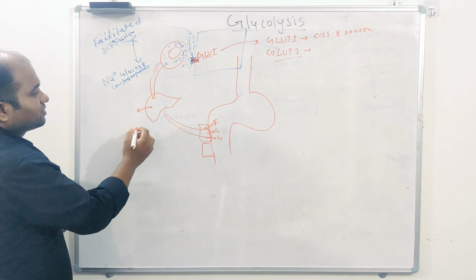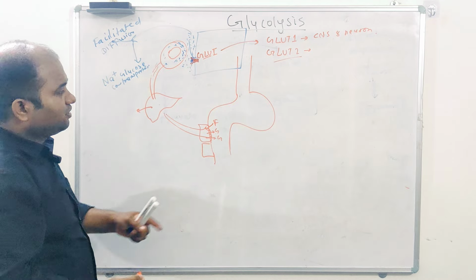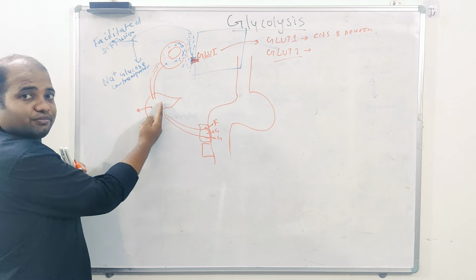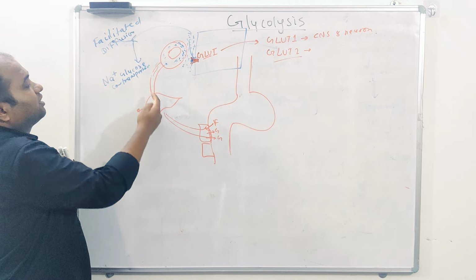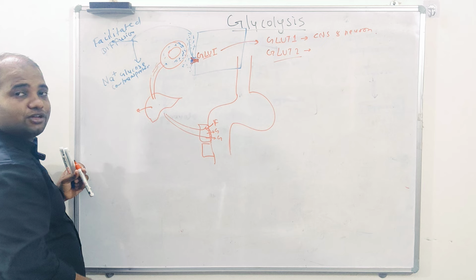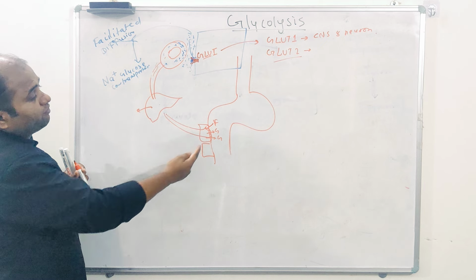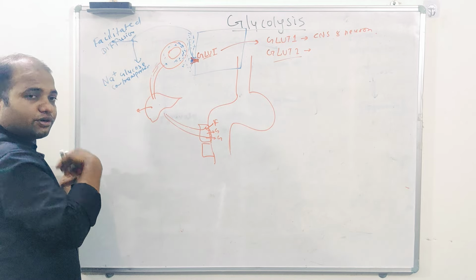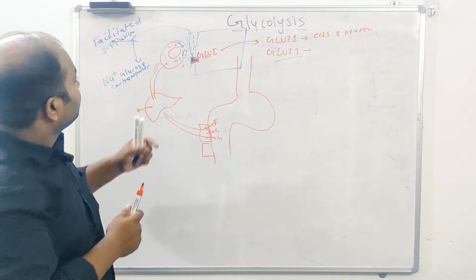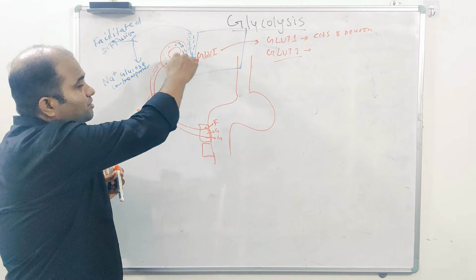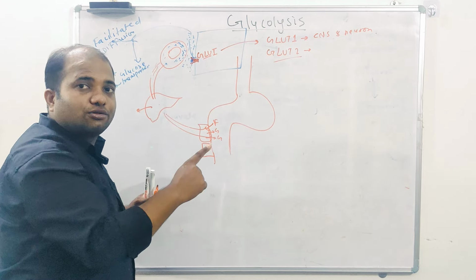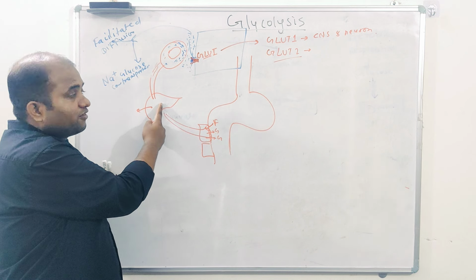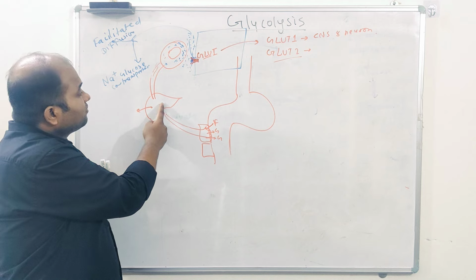Right, this is the liver. So when you have a high amount of food, a high amount of carbohydrate, what will it do? It will store the maximum glucose, and only the required amount is released into the circulation. But when you fast for a long time, you are not eating for a long period, what will happen then? The glucose level inside the systemic circulation will drop down. Again, to maintain that glucose level, what will happen? Gluconeogenesis will occur, right?